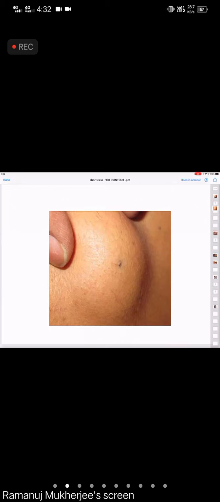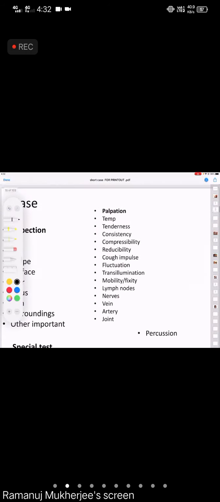So lipomas have been completed, and now you have this patient with you for a case discussion. Can you see the screen, everyone? Hello? Yes, sir. Okay. To start with, this case that you see on your screens now is a very commonly given case, like a lipoma, called a sebaceous cyst. It sometimes does come as a short note also in your exams. Now, what will be the description of this?